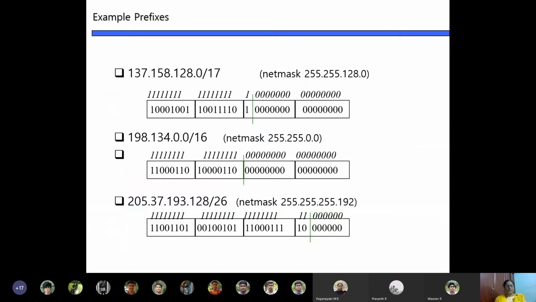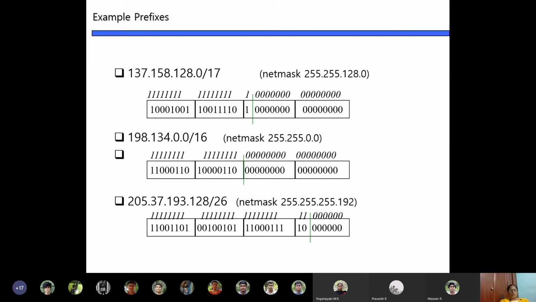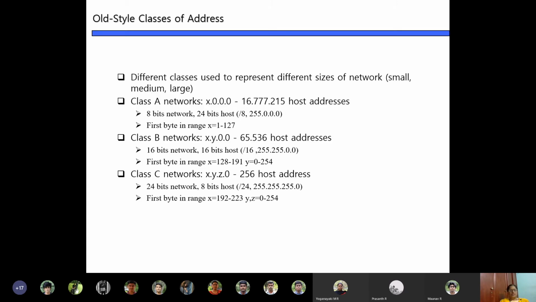Here you can see one of the IP addresses. As I said, in case of class A, if you mask with all ones, you will get the net ID portion. For those portions which are 0, you will not get the net ID portion. The old style of addressing is called classful addressing. Later we'll see what we mean by classless addressing.